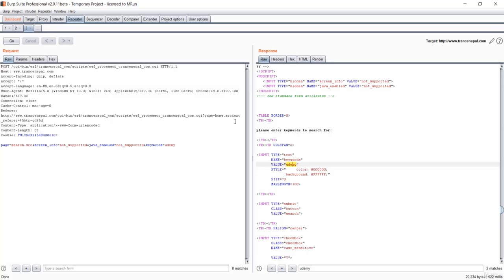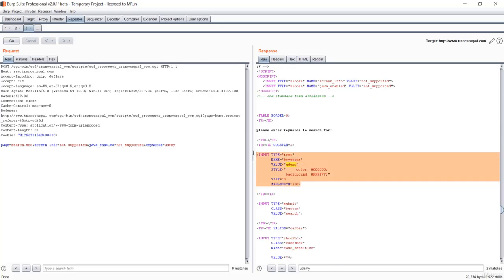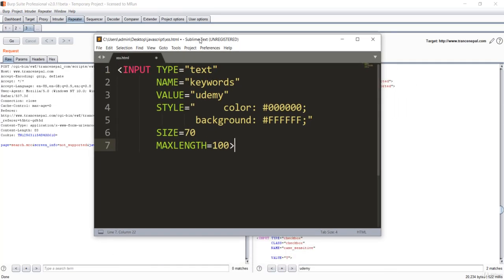Let's make the payload to run in this field. I'll copy everything, every field where this value has been reflected. It has been reflected in the value attribute of the input tag, so I'll copy everything from there and paste it over here. Our Udemy was reflected in the value field. I'll make a simple payload first. Our payload will be a simple script tag, and let me remove this type, and it will simply say alert(1). So this will be our payload, a simple payload.